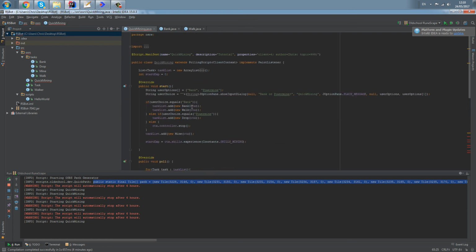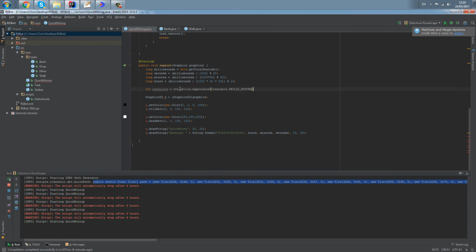So what we're going to want to do again is basically just this. Let's copy and paste this. So that's the current EXP, and then we want to take away the start EXP. So that's how much EXP has been gained. So now we want to draw this onto the screen. So g.drawString as usual, EXP per hour